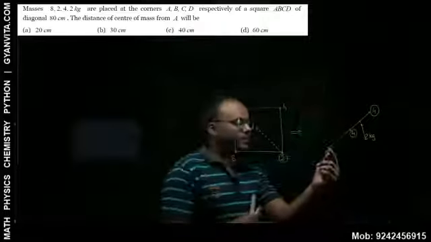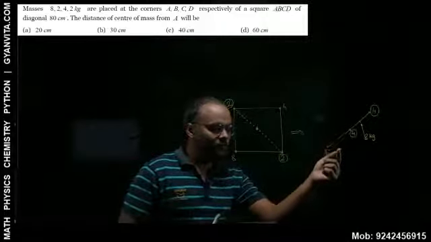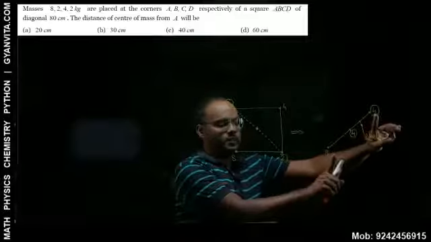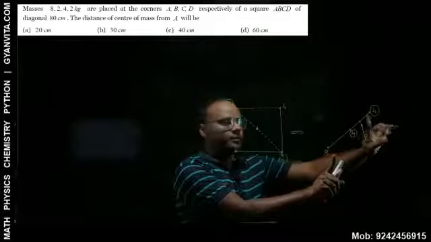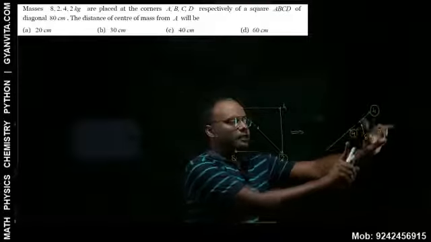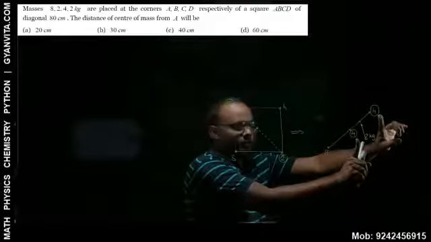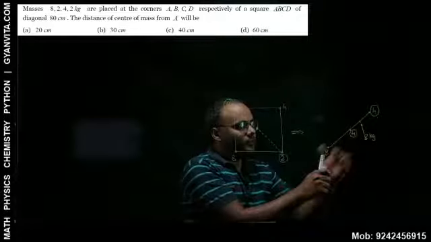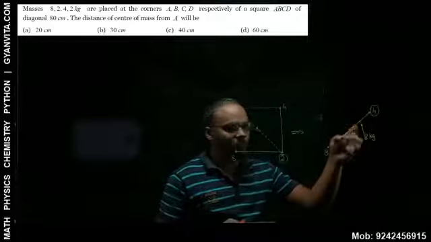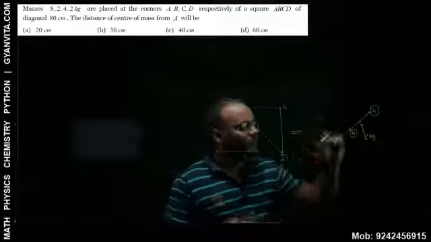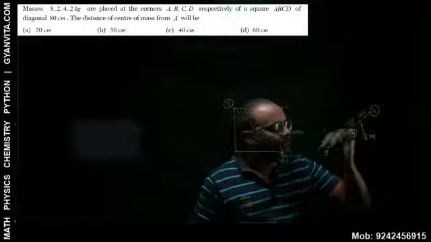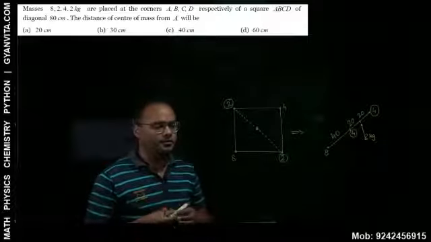Now coming to this part, the distance from here to here is 80. This distance is 40. This distance will also be 40. Right? So what will this point be? This will be 20 from one of them, or it will be the midpoint of that. That means this will be 20, this will be 20, and this is 40. Is this situation clear? Yes, sir.